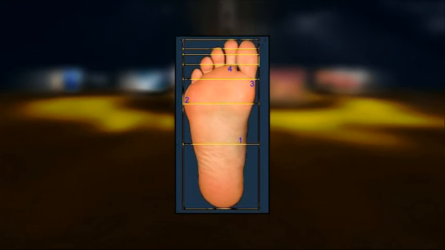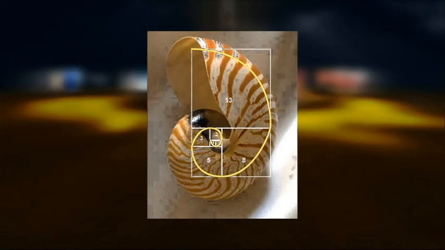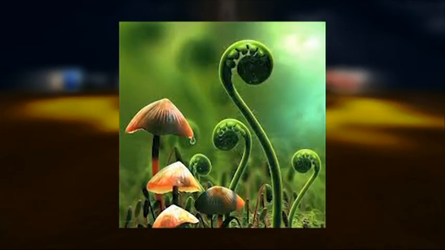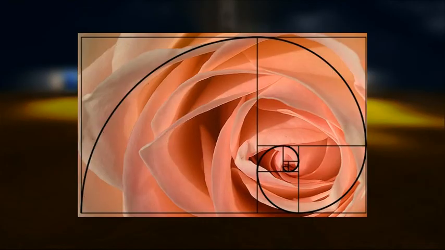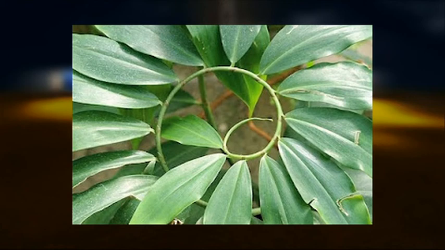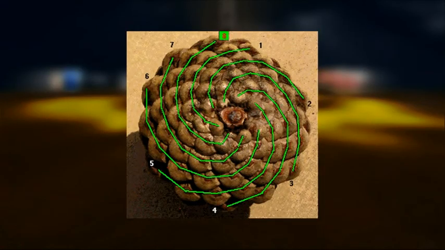If we go walking on the seashore, we're going to pick up shells that look like that. We'll find them attractive. Sometimes we take them home and put them on the shelf. They are full of divine ratios and divine spirals. When we go walking through the woods, we see ferns, and we think, well, they're pretty. Well, that's because they're divine spirals. Roses are considered one of the most attractive of all flowers. That's because every single one has got a divine ratio in it. There's a tropical plant. It's very beautiful because it's got a divine spiral in it. There's a pine cone which is absolutely brimming full of divine spirals.